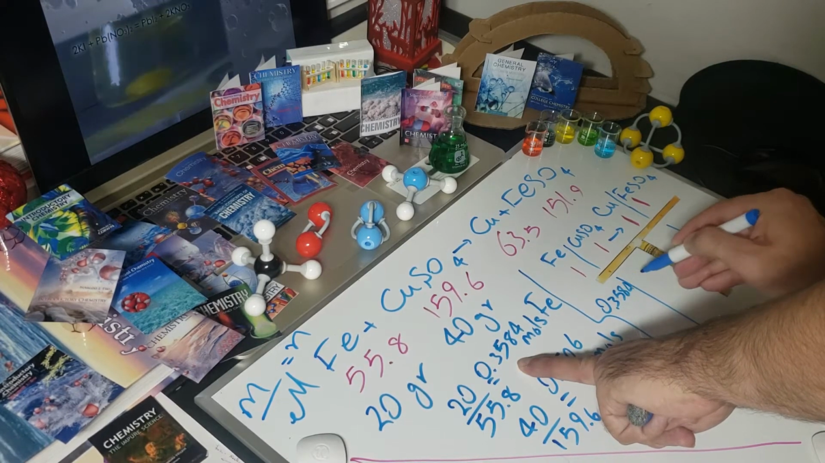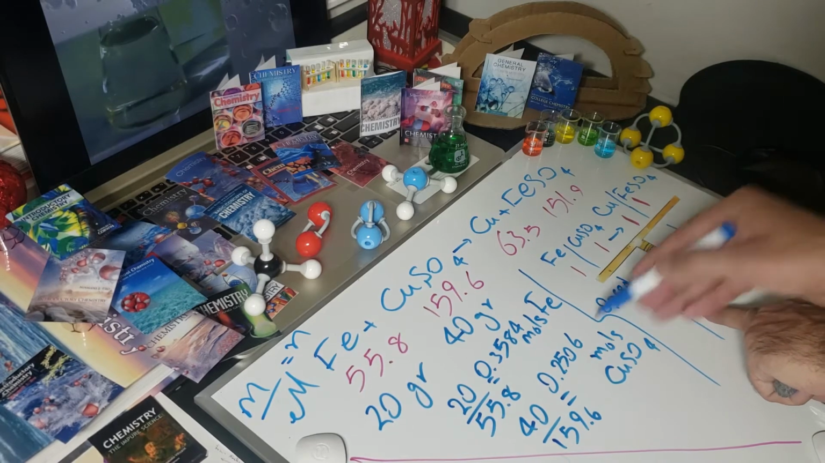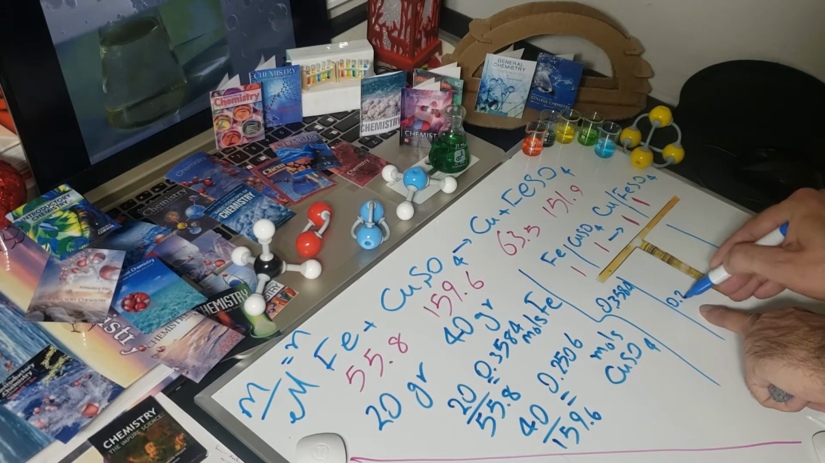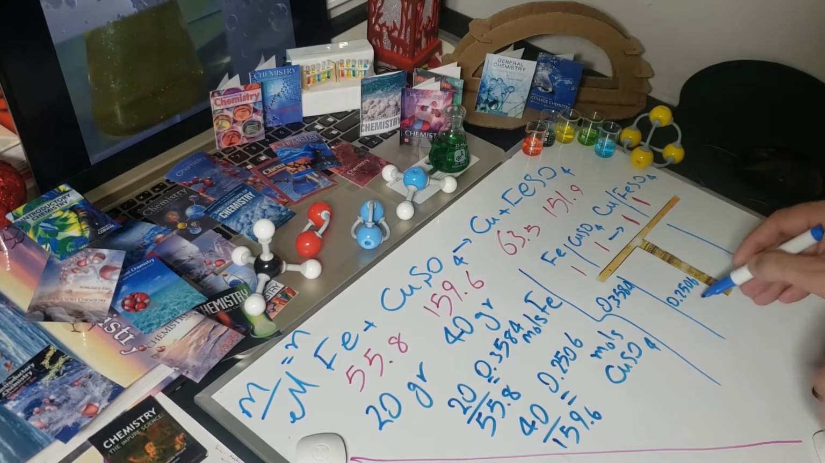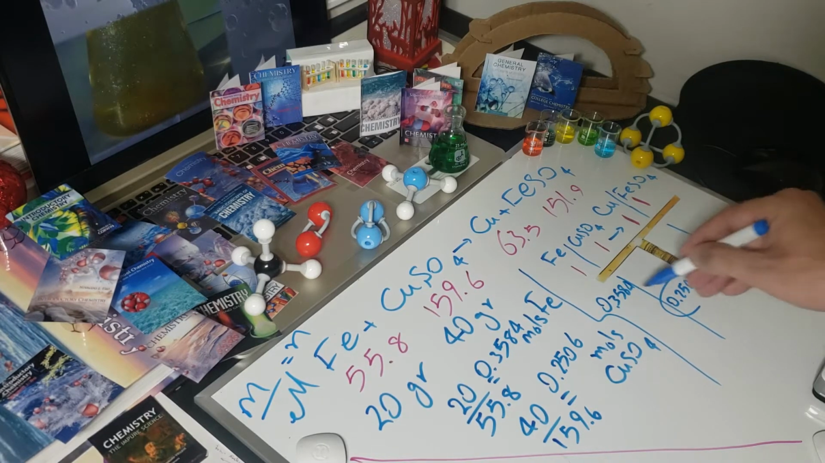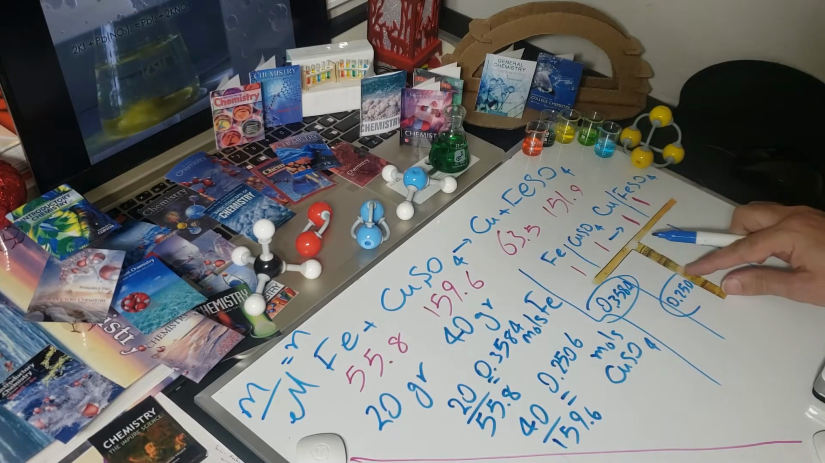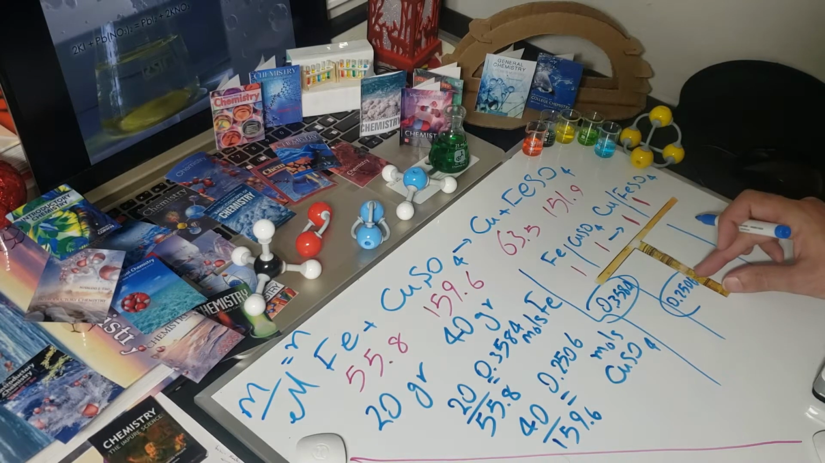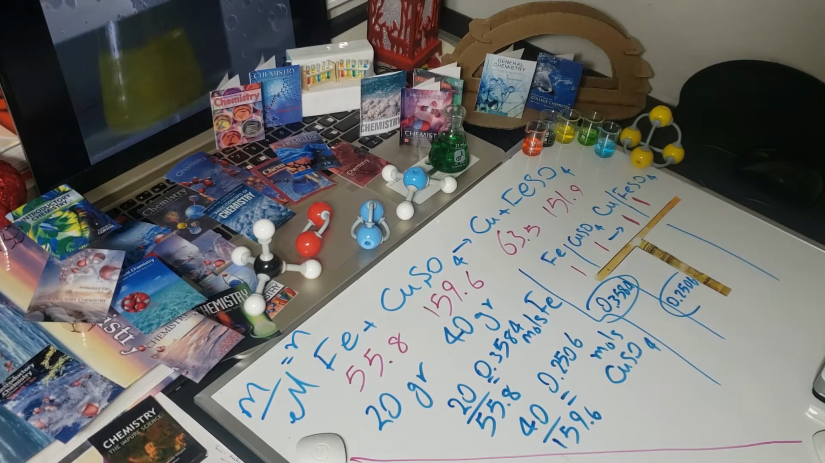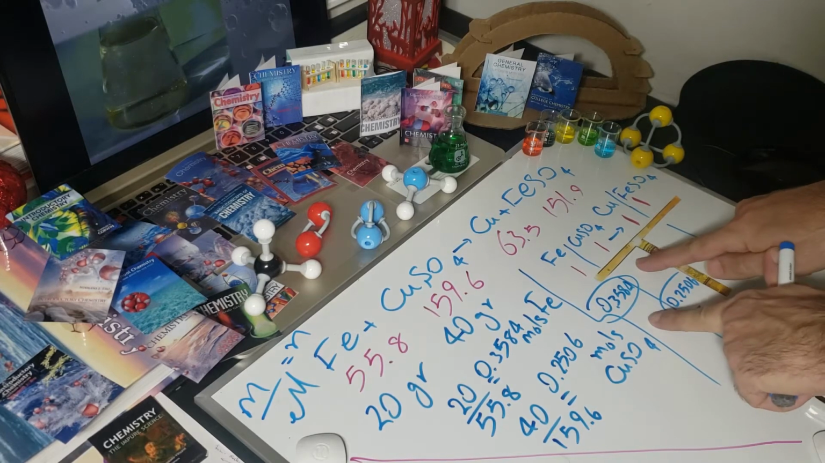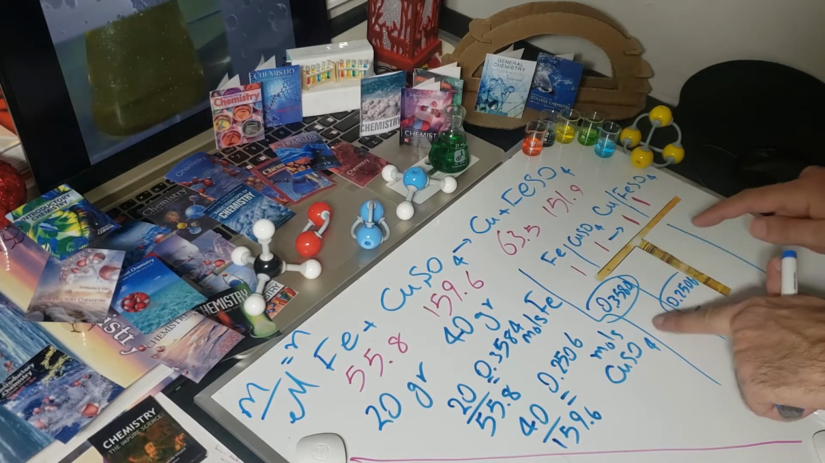0.3584. For copper sulfate I have 0.2506, and I circle them because I want to know which one is the available amount. Okay, so that's my available amount, and then I go to these spaces, one here and one here, and I